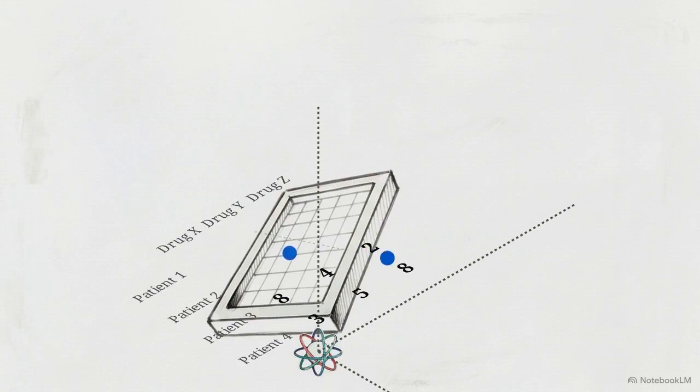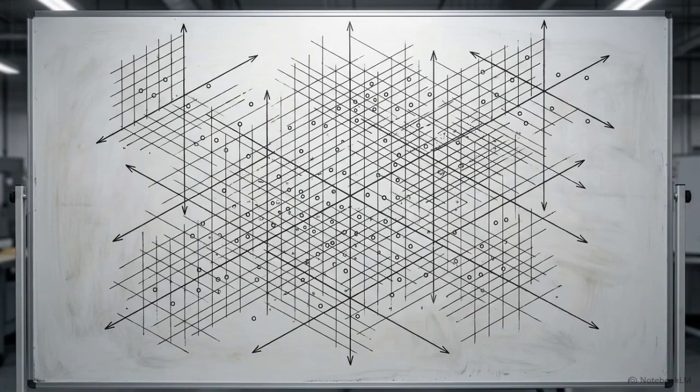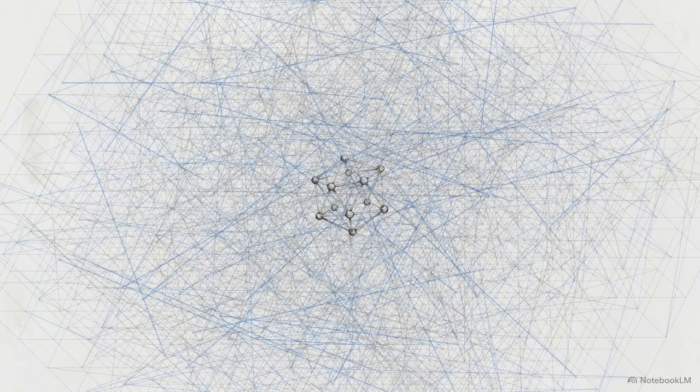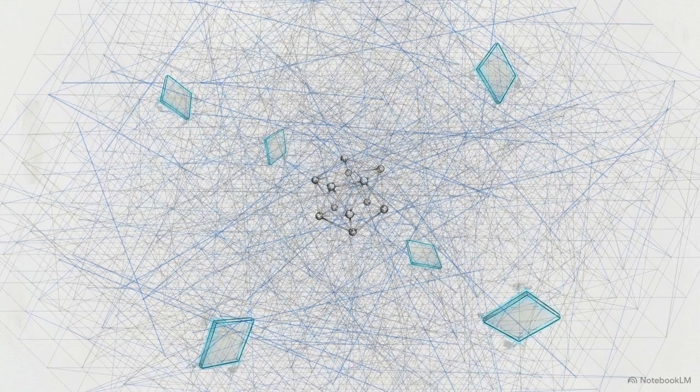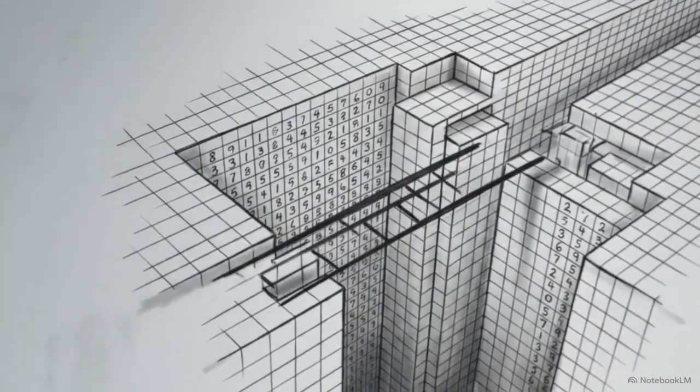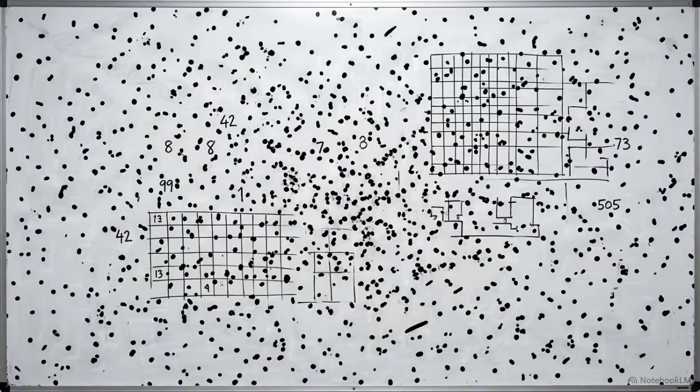We can easily visualize how three variables look as coordinates in a three-dimensional room. However, human evolution didn't prepare us to visualize 4 dimensions, let alone 4,000. Our spatial imagination stops at 3. Linear algebra solves this by treating 10,000 dimensions exactly the same way it treats 2. The equations remain flat, predictable, and computationally efficient, regardless of the scale. It acts as the necessary bridge, allowing us to manipulate datasets that are too massive for the human mind to picture. The challenge is that these massive matrices are often full of noise.